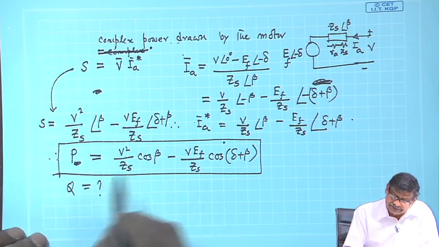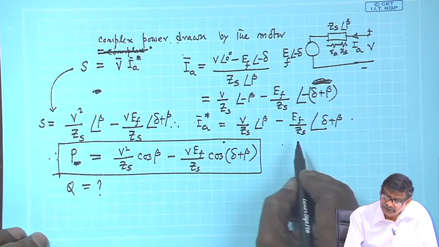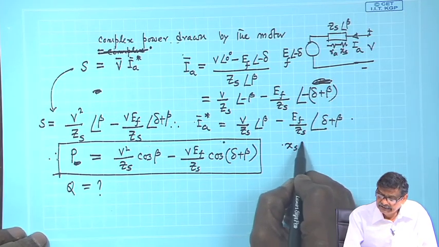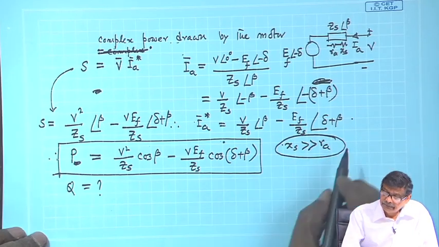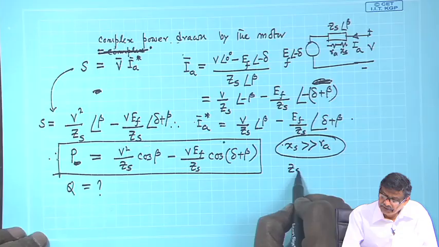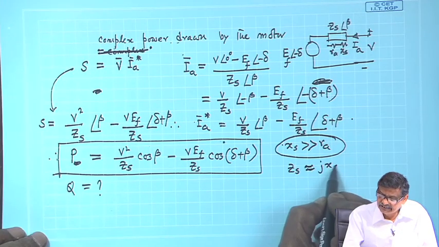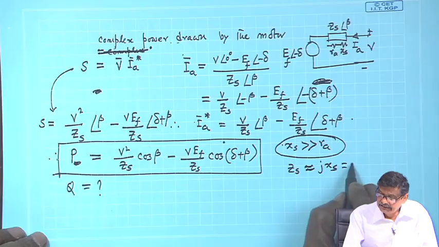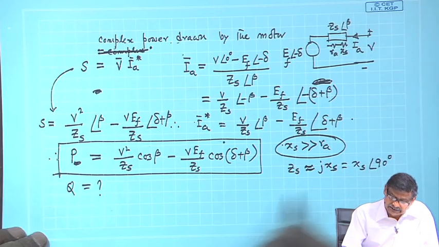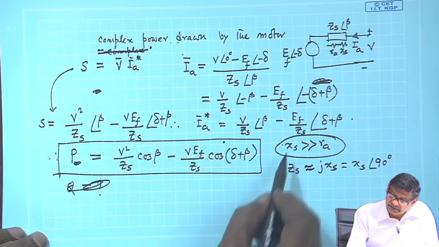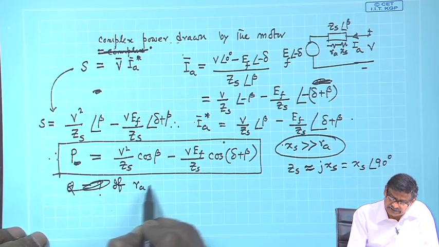But one result is important, which is a special case: since X s is much higher than R A, Z s can be written approximately as j X s only, which is nothing but X s angle 90 degree. So, if R A is neglected,